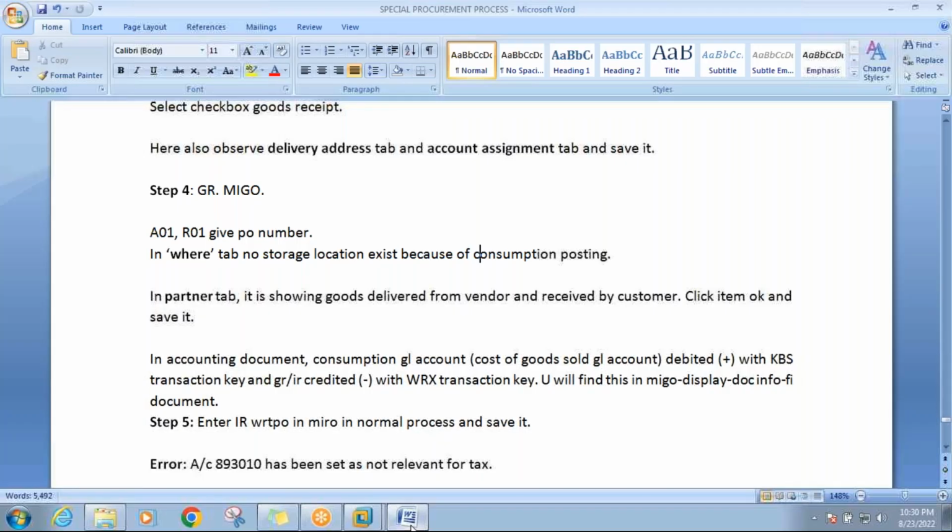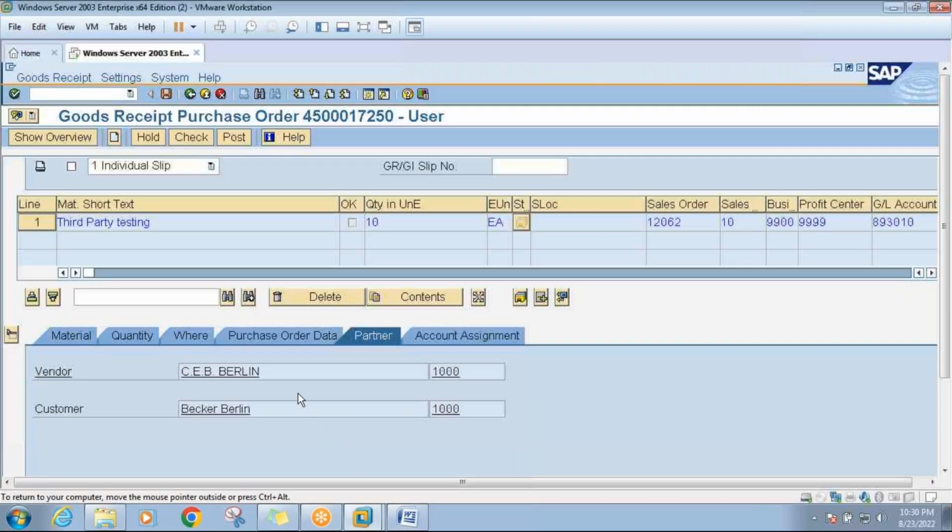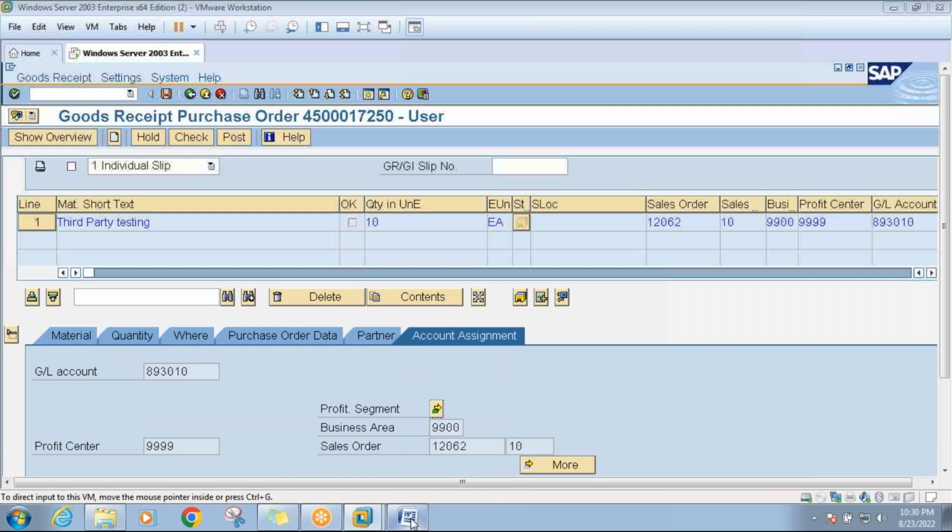So here see, I already mentioned here. In the partner tab, it is showing goods delivered from vendor and received by customer. Okay. So this is goods delivered by vendor and received by customer. This is important. And account assignment,